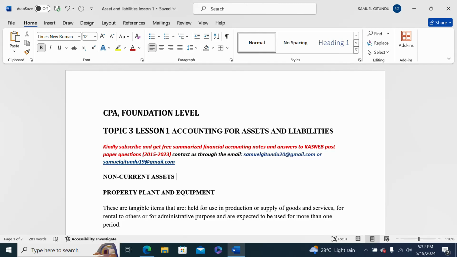So we are only going to discuss the three objectives, that is what property, plant, and equipment are, how they are recognized, that is the initial recognition, and then the measurement at recognition, and then the subsequent measurement of property, plant,